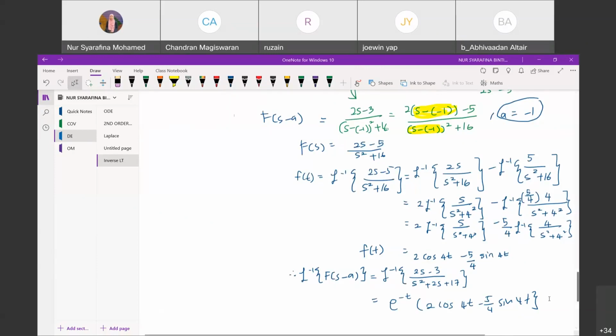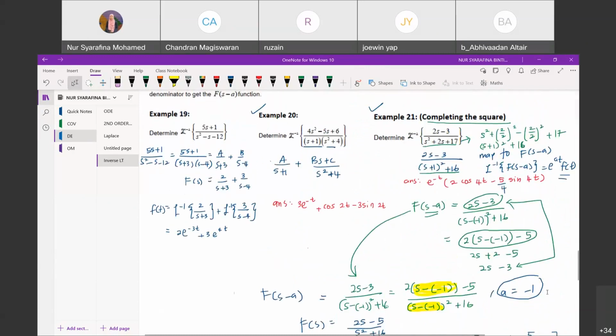Okay, is that clear? So from here, the function cannot be simplified directly based on the quadratic formula. So you can try completing the square. By completing the square, the denominator here